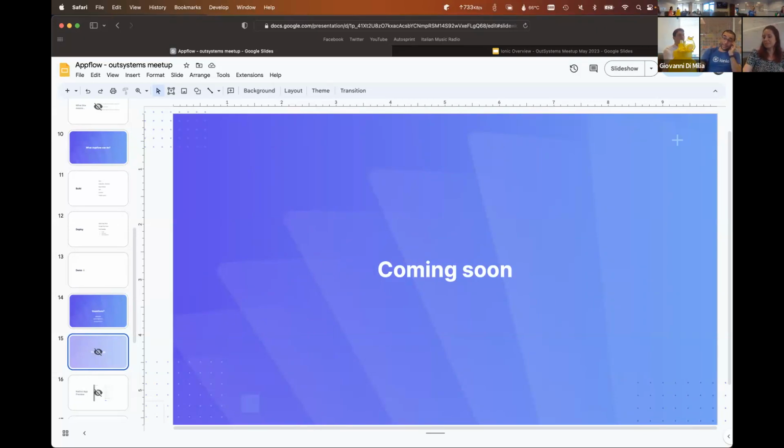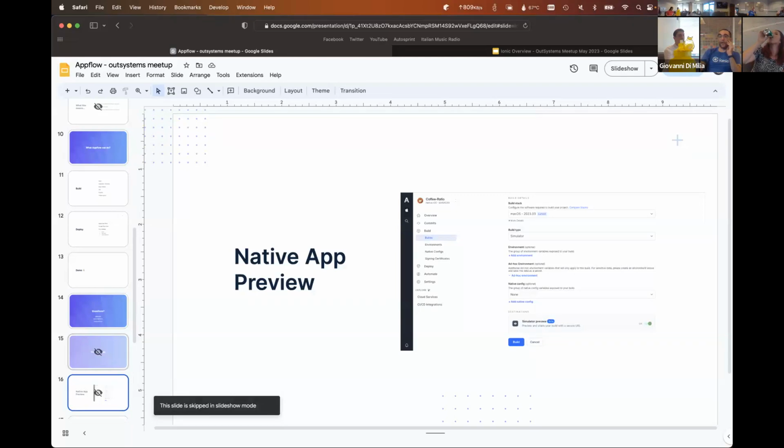So basically, real soon we will have real native app previews. What you saw before as the preview that I showed is just the web part. The problem with that preview is that if your web app relies on native code to run, for example you have a part of your app that requires the camera plugin, that will not work well inside the browser, because it does not have interaction with the camera on your computer, because there is no Capacitor, no native layer in between.